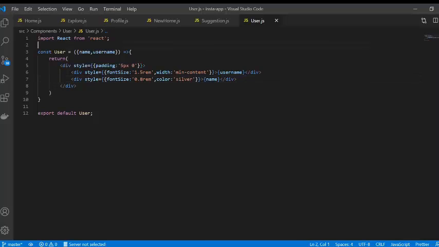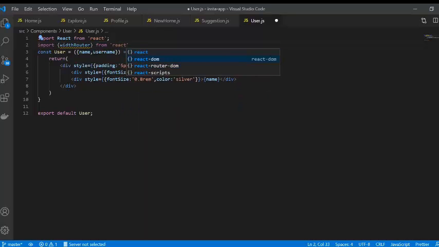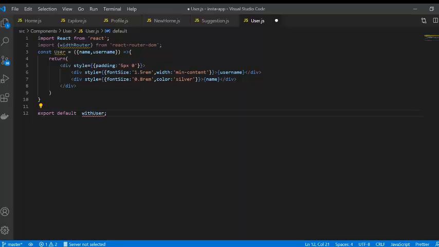In here, user.js, what we need is the withRouter component that's provided by React Router DOM. Why we need it? Because this component doesn't have the routing props like history, location, and match. So withRouter provides props like history, location, and params. Now in here I'm just gonna give it the history props,